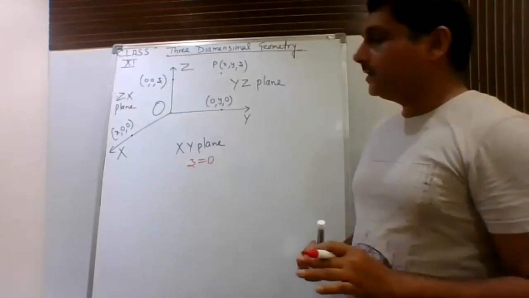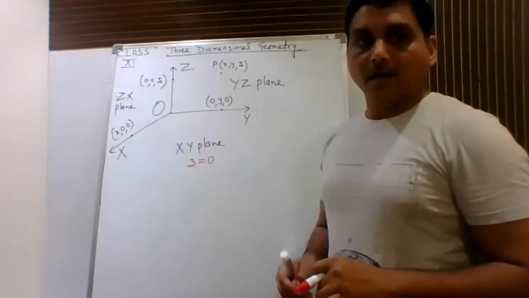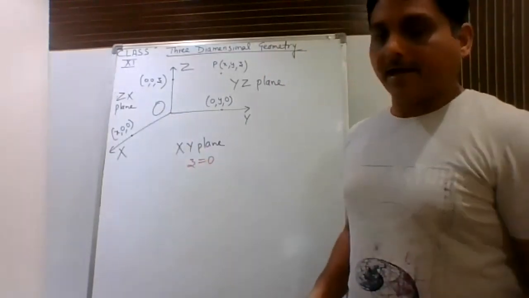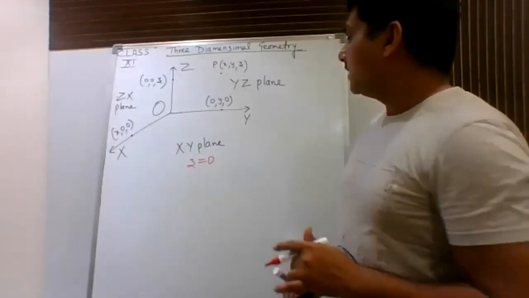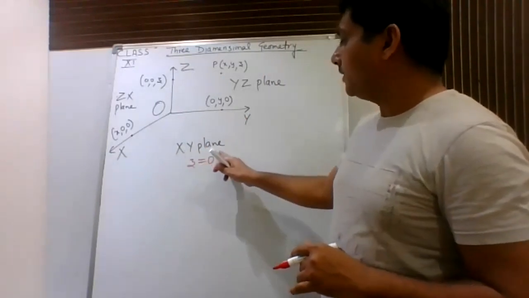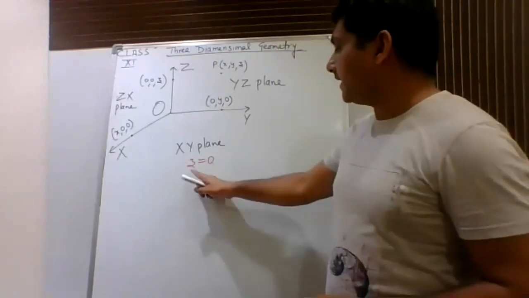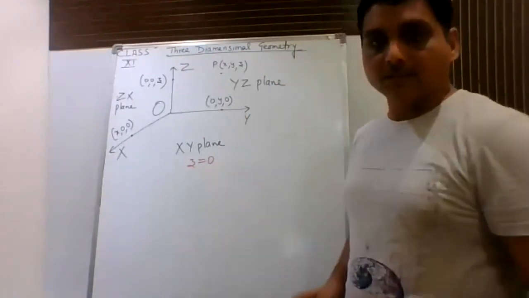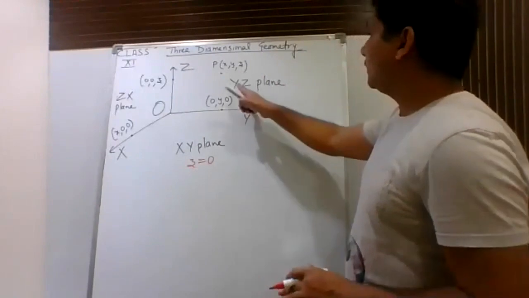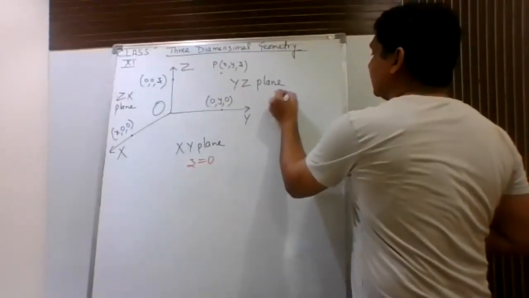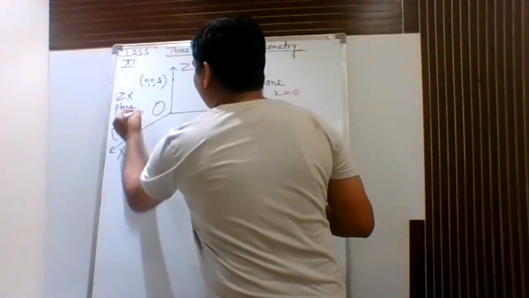Let us visualize this. You can assume that any corner of the room is origin. Now, your length and breadth are acting as x-axis and y-axis, and your height is acting as the z-axis. Obviously, if I ask you any point on this floor, then its height will be 0. So that is why we say z is equal to 0. This floor is known as xy plane. Similarly, when we are talking about yz plane, here we have x is equal to 0. And when you are talking about zx plane, then your y is always equal to 0.